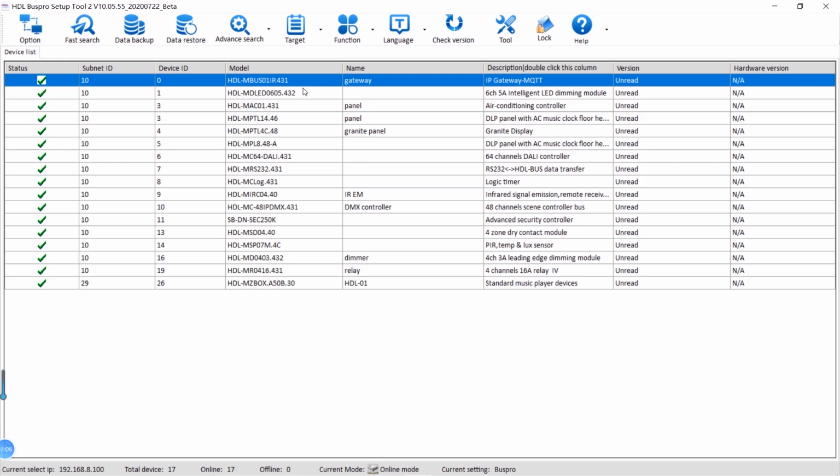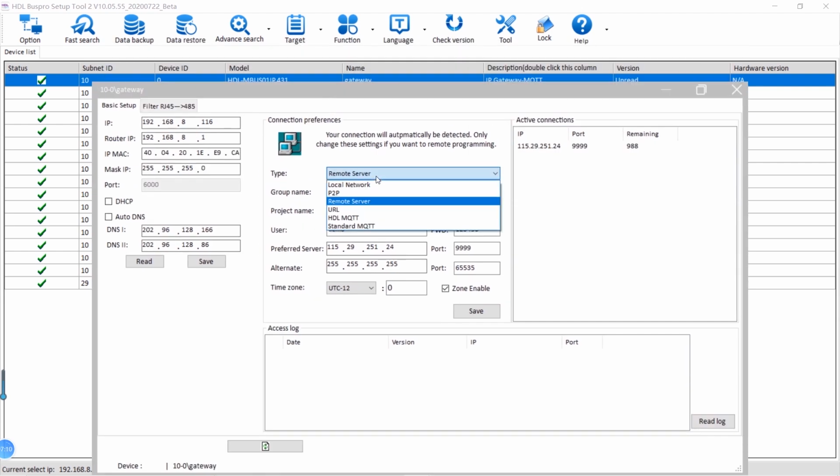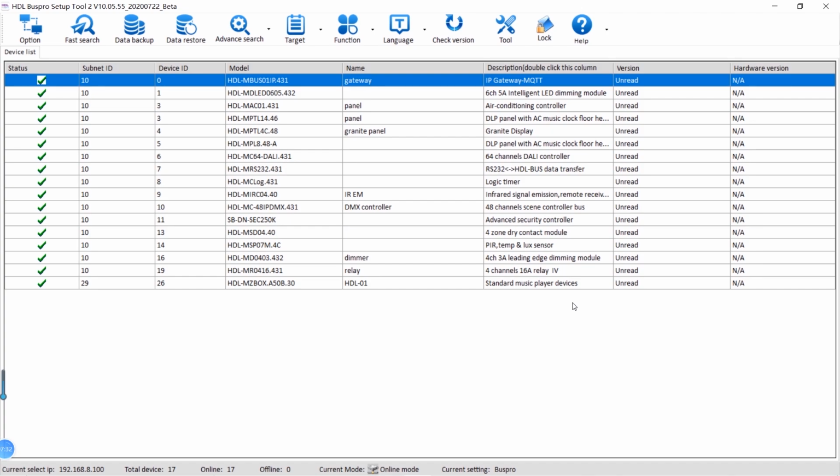For remote control, very easy. We can check again. Select remote server. Fill in group name, project name, username, and the password. Use the HDL server IP, server port. First step, and second step is make sure the router has the internet. Okay, this is for remote. And now I will show you